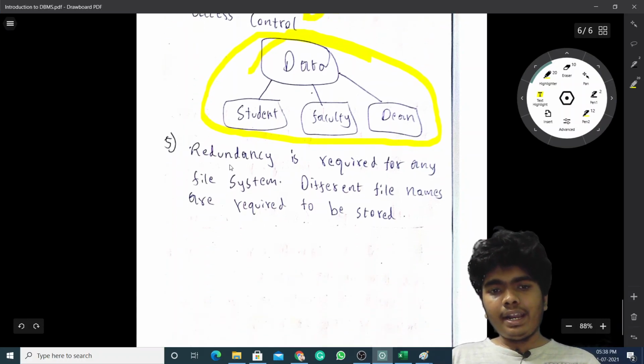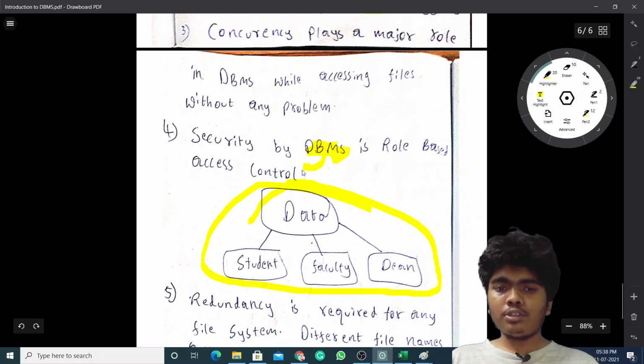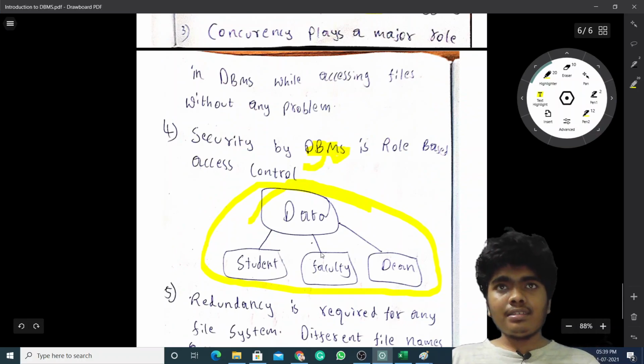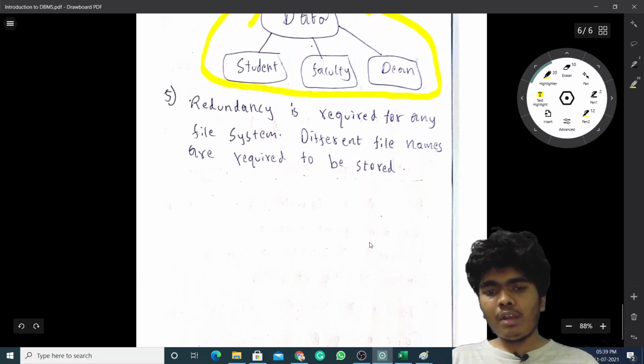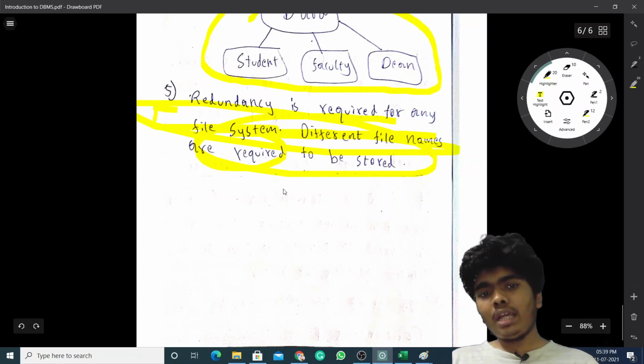Redundancy is possible in any file system. In a DBMS, different file names are required to avoid confusion. In a file system we can save files with the same file names, but in a DBMS we require different file names and different attributes, so it needs some other things to store the same types of files.